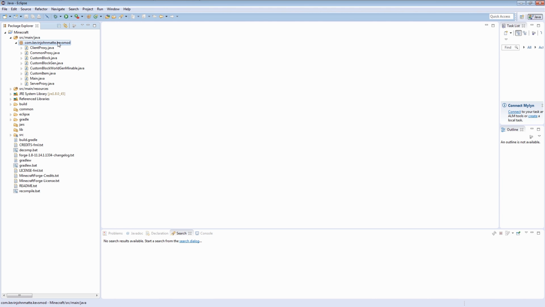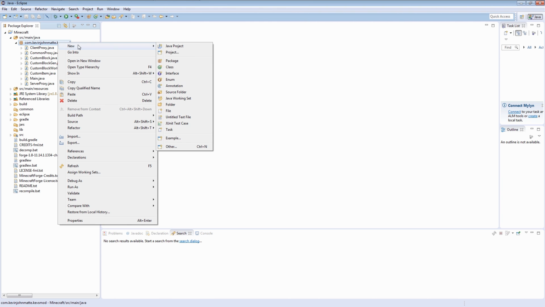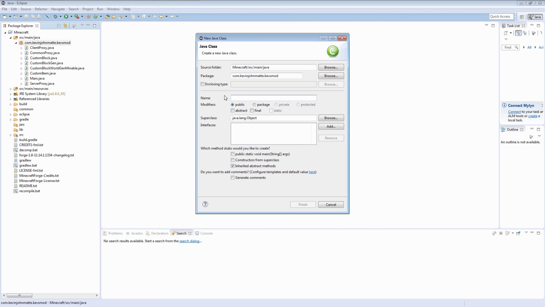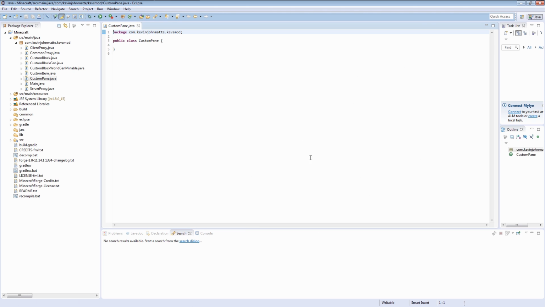Okay, now for the code. Create a new class in your package. Call it CustomPane and click Finish to create. This class will be very much like the custom block class we made in the previous video, but without all the world generator code. As usual, we start by adding the imports we'll need,